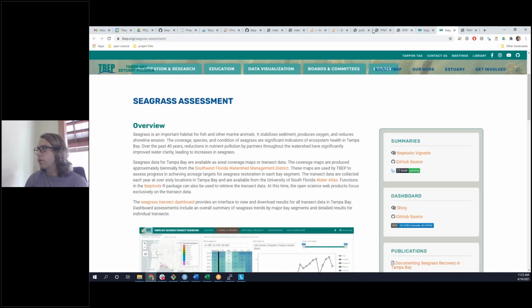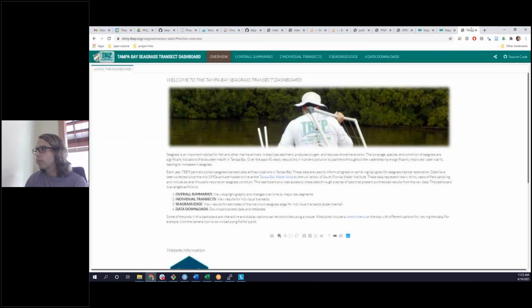So going to the dashboard now, I have that here. I believe this link was dropped in the chat more than once, but you can load this up. We have this overview page first that explains what this dashboard is all about. But like most of our dashboards, we try to go from high level overviews to more specific information in terms of the order of appearance of the different tabs. So if you start at this overall summary,